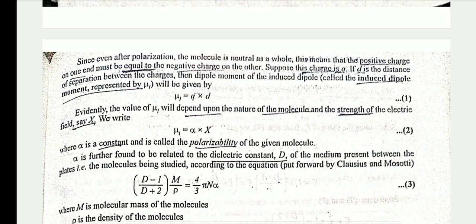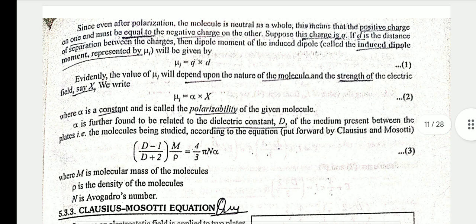Suppose this charge is q. If d is the distance of separation between charges, then the dipole moment of the induced dipole, called the induced dipole moment and represented by mu I, will be given as mu I is equal to q into d. Evidently, the value of mu I will depend upon the nature of the molecule and the strength of the electric field. Say X, we write mu I is equal to alpha into X, where alpha is a constant and is called the